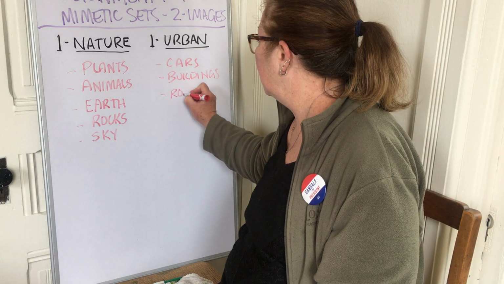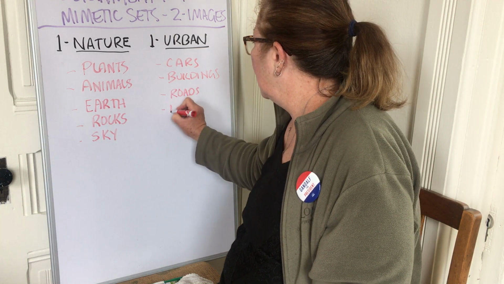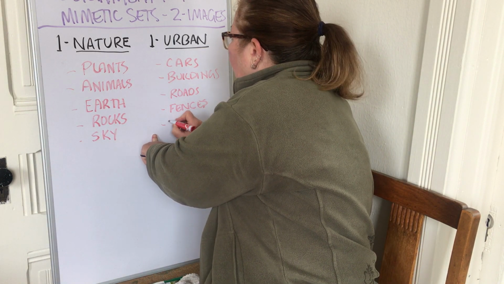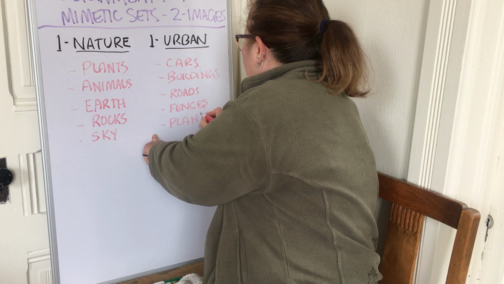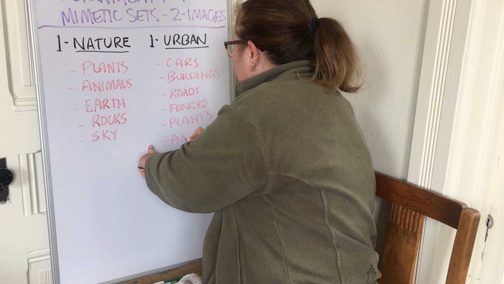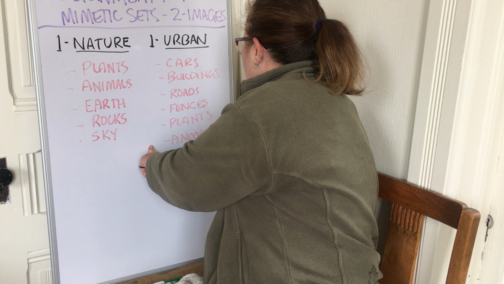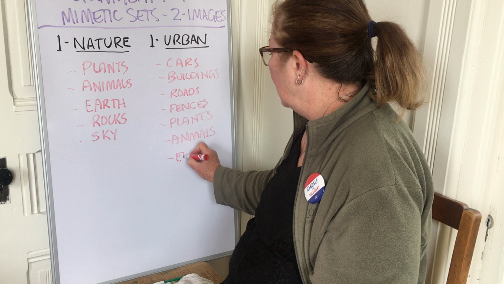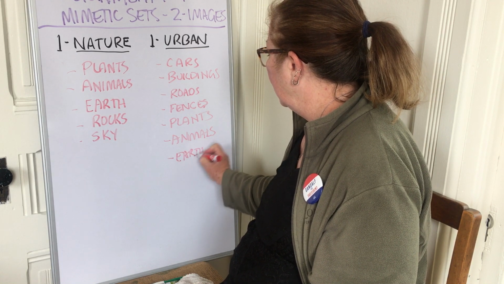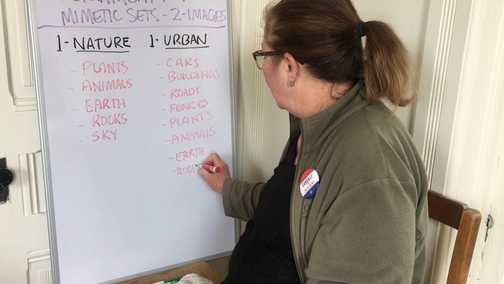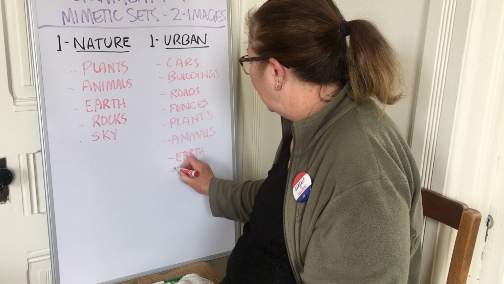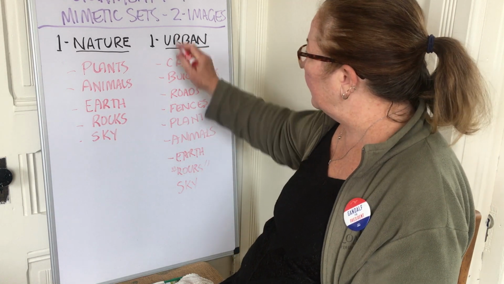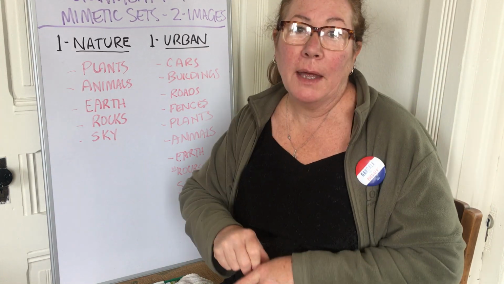Roads, fences, and we can also find plants, animals, earth. I'm going to put rocks in quotes, and sky. All right, so we can find all these things in the urban environment too, but a lot of them have